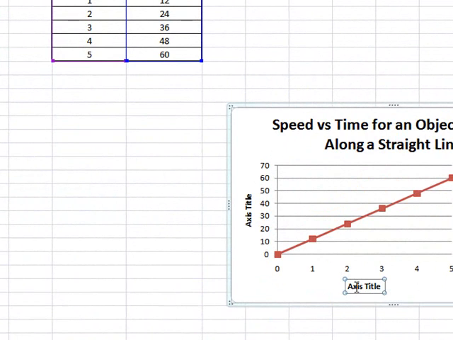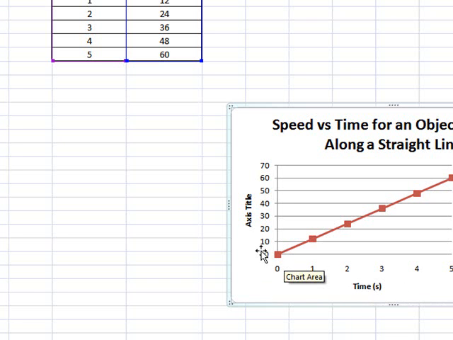So move your cursor over this title, left click to select it, then left click before the letter A and erase or highlight the text and simply type in time and then in parentheses S for seconds